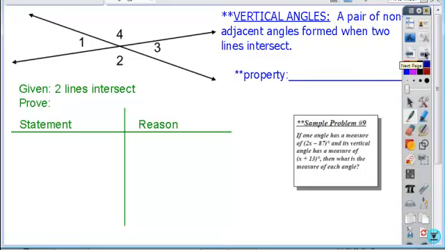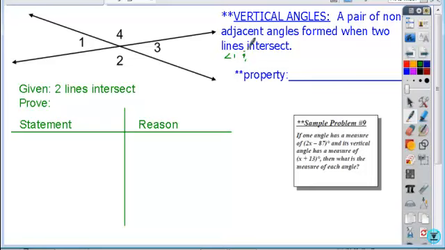All right, so here's the last thing I want to talk about today, and that's the other type of angle pair that exists when two lines intersect, and that is vertical angles. So if you take the adjacent angles when two lines intersect, you have linear pair. When you take the angles that are not adjacent to each other, then you have vertical angles. So if we look at these examples here, or this same set of intersecting lines,